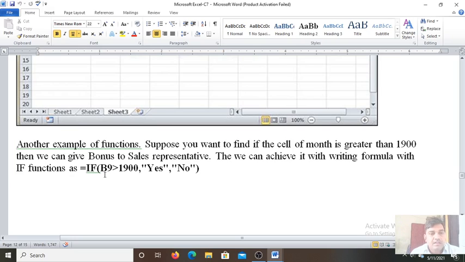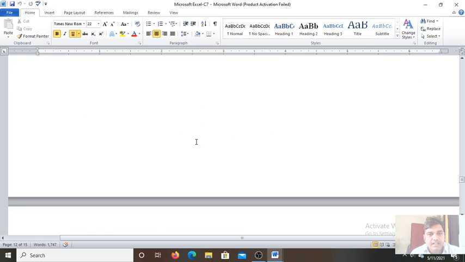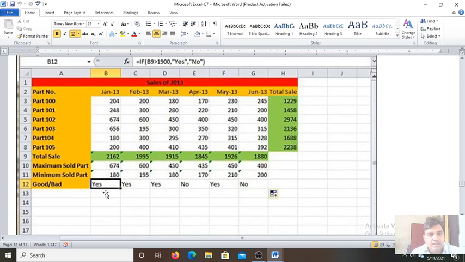If B9 is greater than 1900, the bonus answer will be yes, otherwise no. You will see whether he gets the bonus or not: good or bad salesman. If the sale is more than 1900, yes, good salesman, because total sale is 2162, he'll get the bonus. No, sale is less than 1900, you can see 1845, he'll not get the bonus.